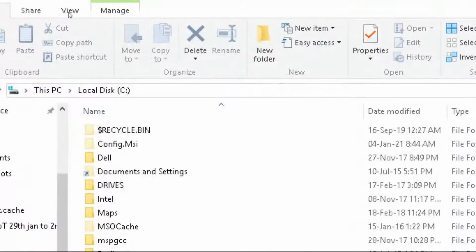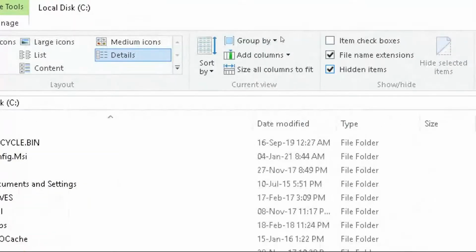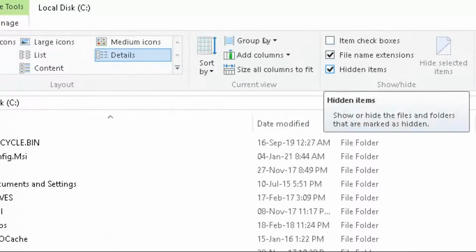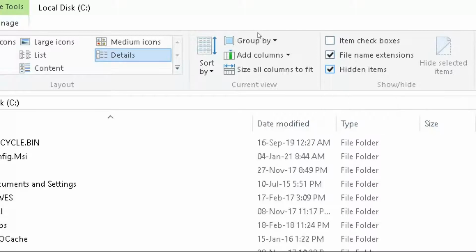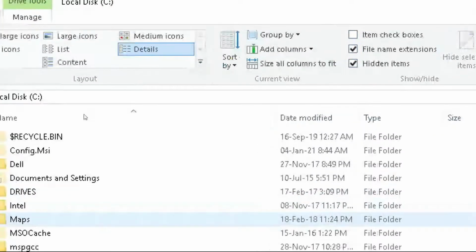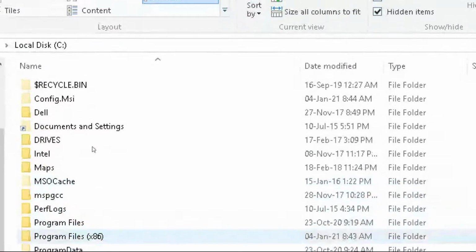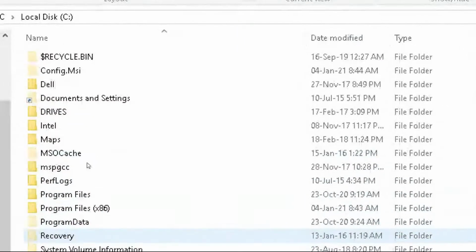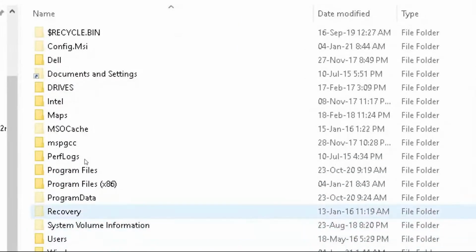Under view, you can see that here is where we can enable hidden items. In order to look at the hidden items, I got to check this option. Only then can I have a look at our OS related files. These are hidden in order to protect OS related files. And this is where I can find my ProgramData.